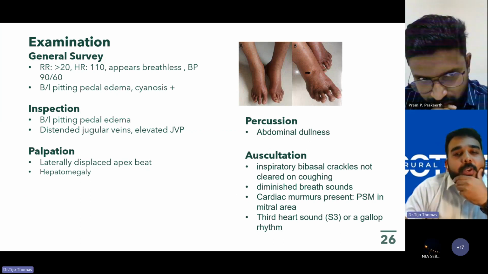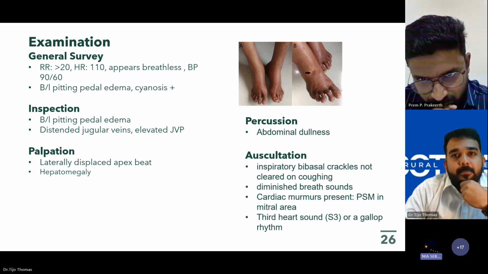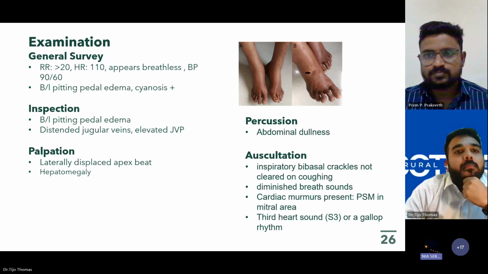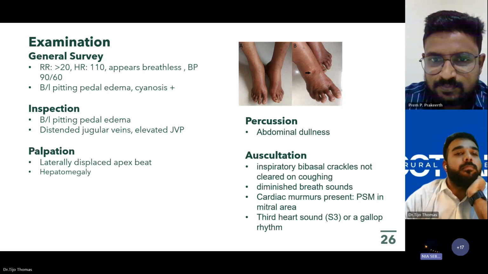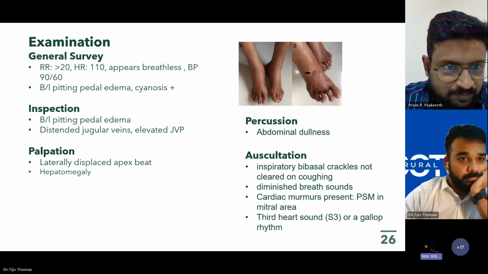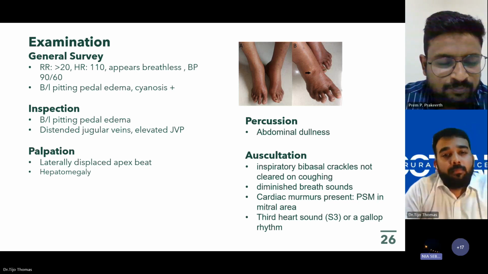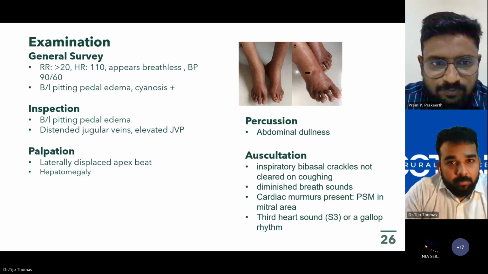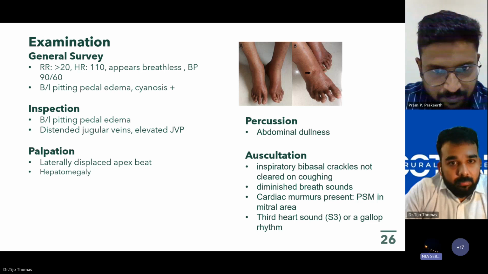So, going into examination. Her respiratory rate was greater than 20, heart rate 110 beats per minute, appears breathless, BP 90/60, bilateral pitting pedal edema and cyanosis were present. On inspection, bilateral pitting pedal edema, distended jugular veins, elevated JVP. On palpation, laterally displaced apex beat, hepatomegaly was seen. On percussion, there was abdominal dullness, and on auscultation, inspiratory bibasal crackles, diminished breath sounds,